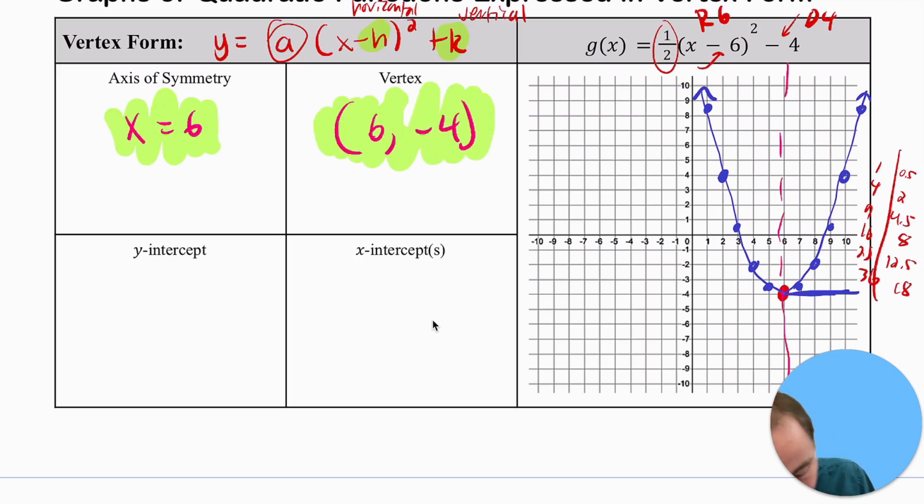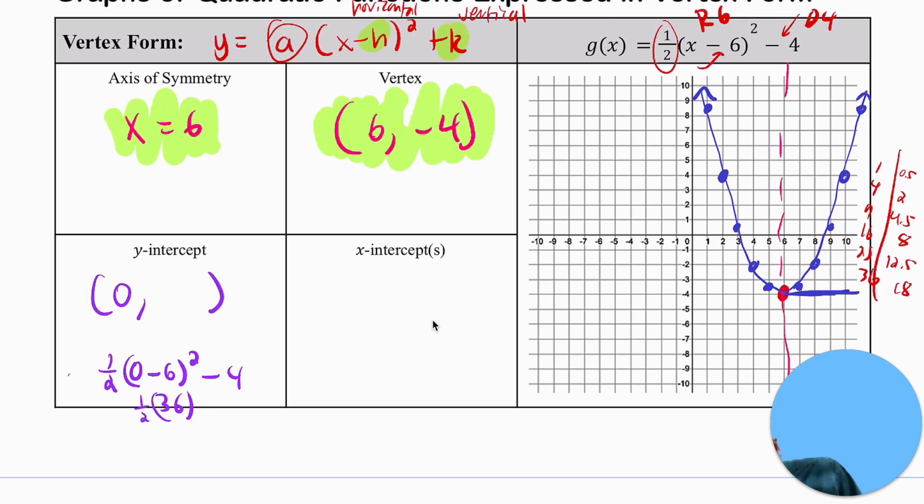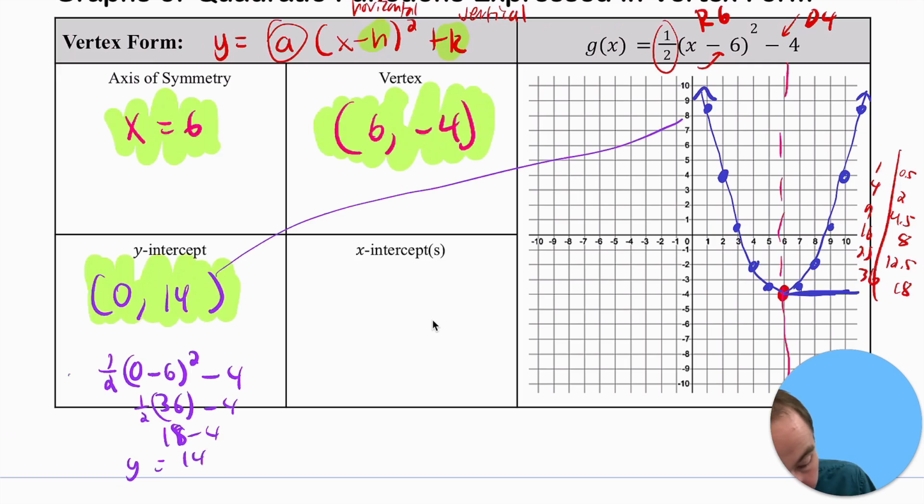For the y-intercept, we know that is going to be 0 for x, and then we can plug 0 into the equation. So if we plugged 0 for x into the equation, we'd have 0 minus 6 squared, which would be 36 that we'd have to take half of, and minus 4. So it'd be 18 minus 4, which is 14 equals y. So therefore, the y-intercept should be at 0, 14, and that should be logical because if you look at the graph, eventually it'll hit a little bit more of a positive number, and so 14 does seem to make sense